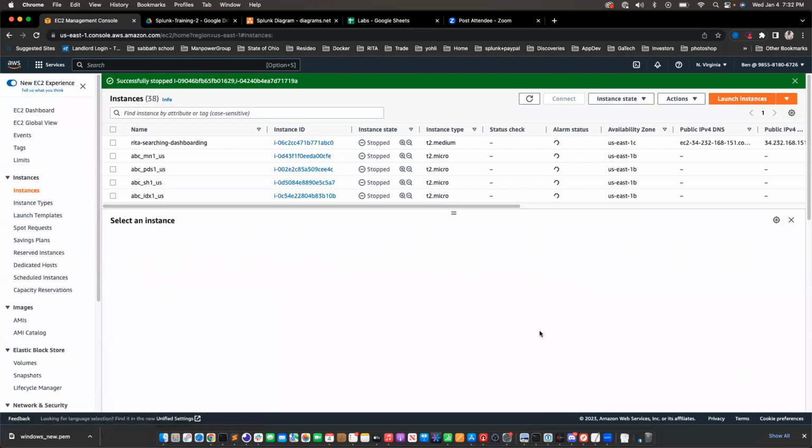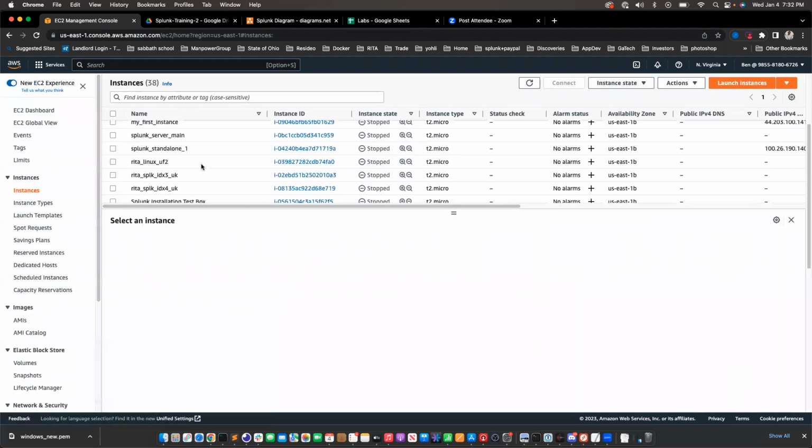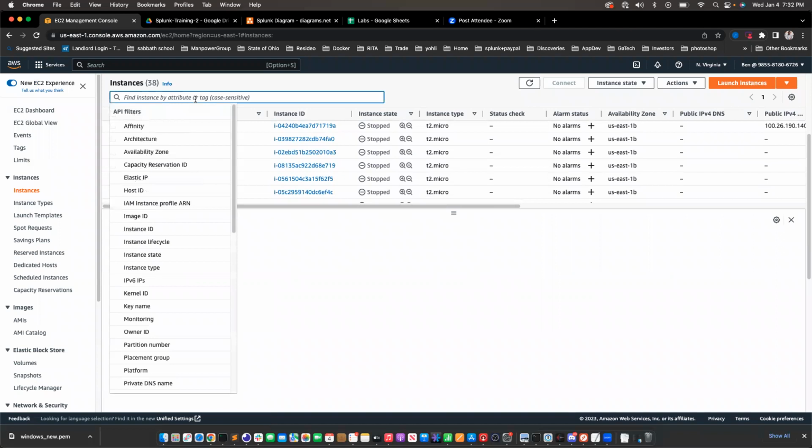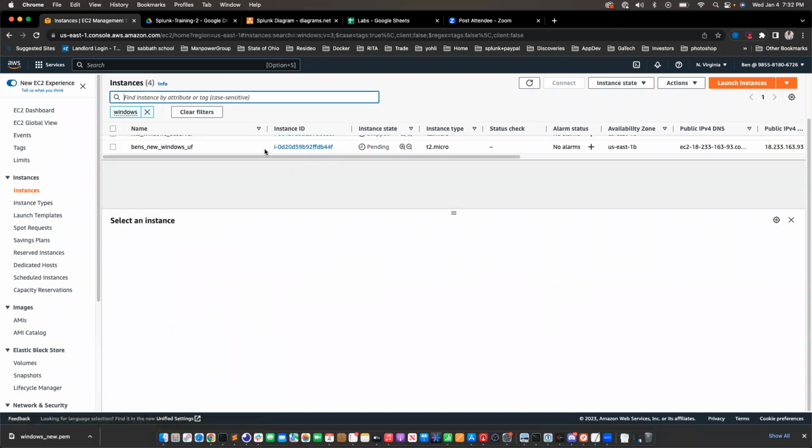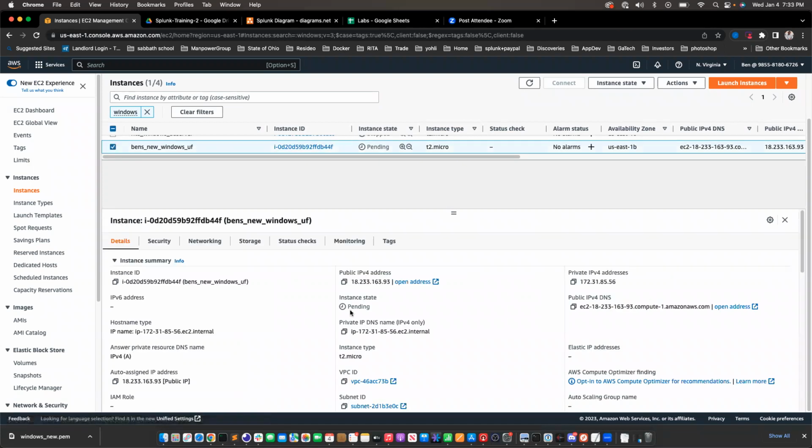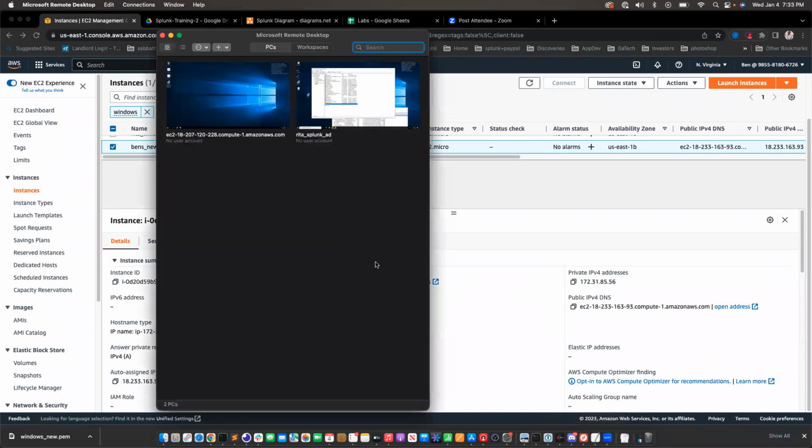I will now go ahead and view all instances, and then locate the instance that I created. I named it something Ben, right? So this is the one that I just created. It looks like it's still pending, so we'll give it some time to start. Once it starts, we'll proceed with the next steps,